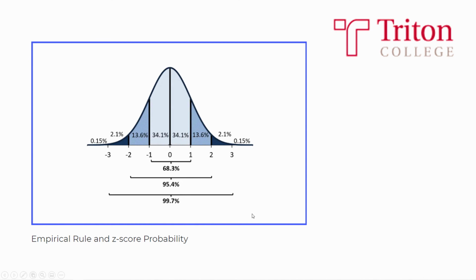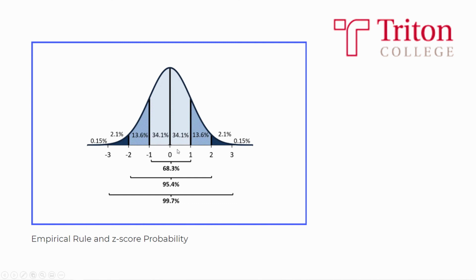The empirical rule is also a mathematical law that says that 95.4% of all observations will be within 2 standard deviations of the mean. It also says that 99.7% of observations will be within 3 standard deviations. Now, these numbers that you see here, these percentages, are just numbers that show you